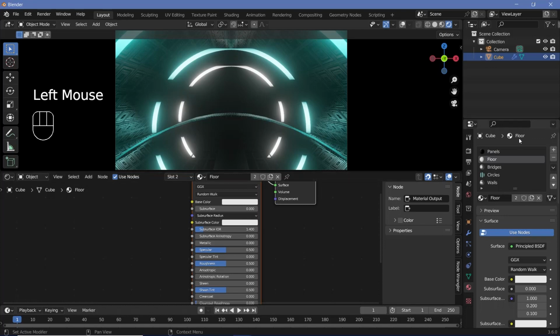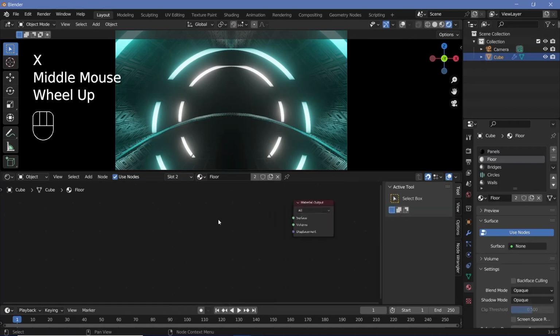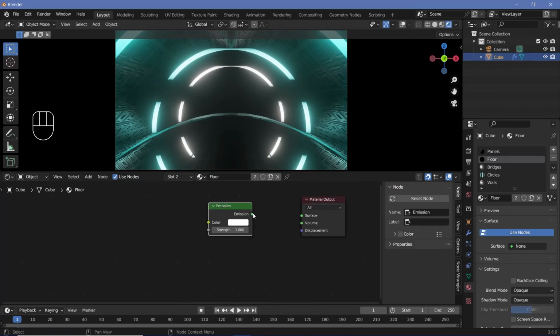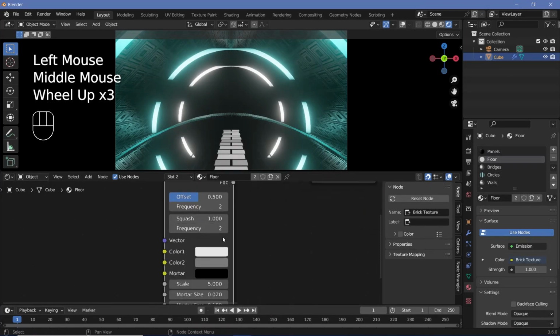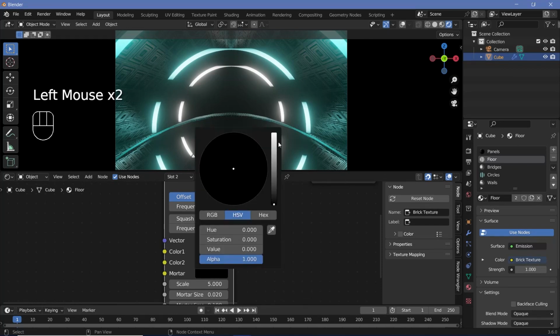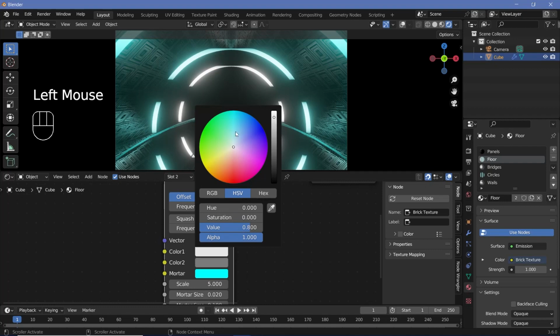Finally, I'll deal with the floor. For the floor, I just want there to be some type of lines that are lit up. I'm going to do that using a slightly unusual method. I'm going to remove the principled BSDF and search for an emission node. However, for the colors of the emission node, I'm actually going to use a brick texture. Now, normally the color 1 and color 2 for the brick textures are bright and mortar is dark, but instead I'm going to change the mortar to a very bright color,